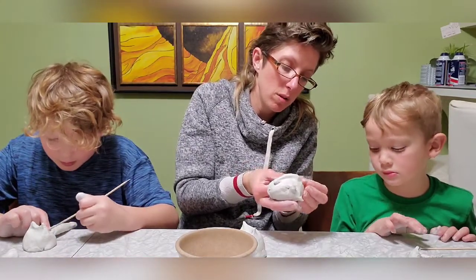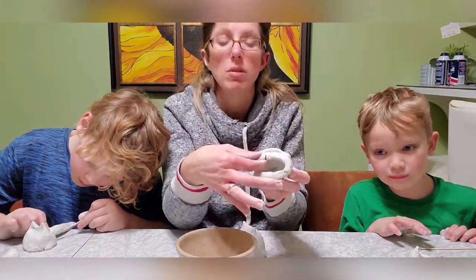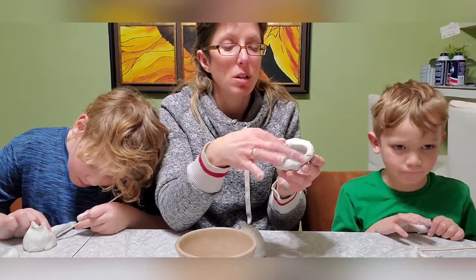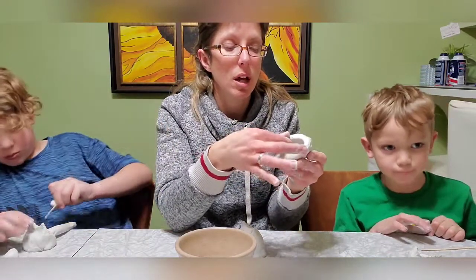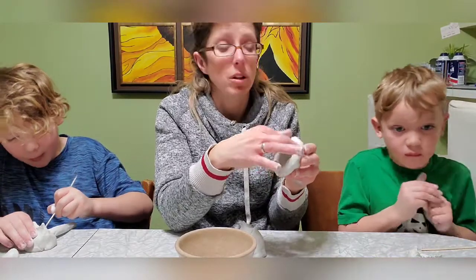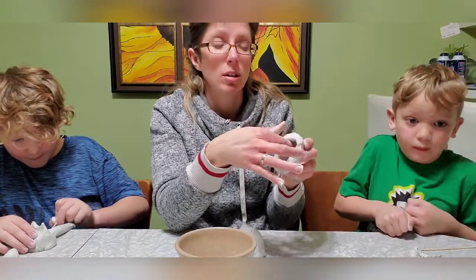So there we go. Okay, and you have to do the same thing to the bottom too of the tail. So smooth that tail out so it's attached really good to that body of your cat. Then it helps prevent the tail from falling off. It can be a big tragedy when you